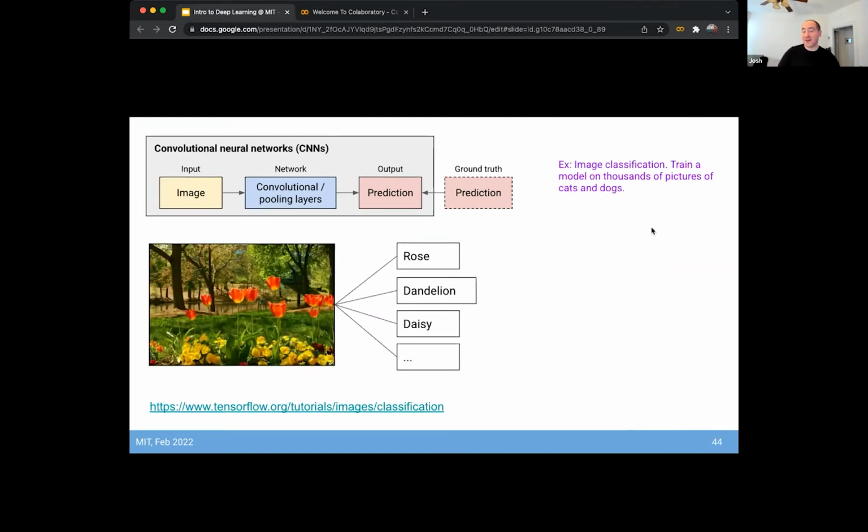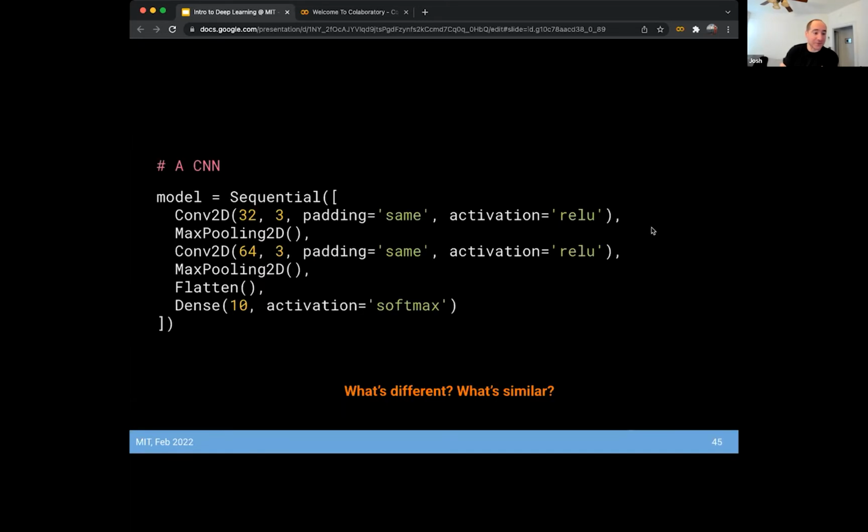Another really popular family of models is called convolutional neural networks. These are especially good for classifying things like images. We don't have time to go into convolution today, but it's another type of layer in neural networks that you can use, and it's especially good for images. So you'll hear things like convolutional neural networks a lot. And I just wanted to show you that